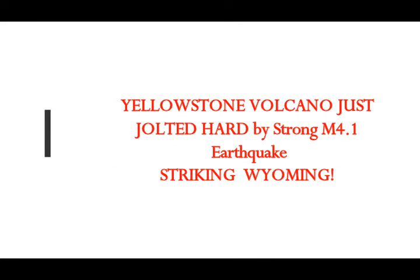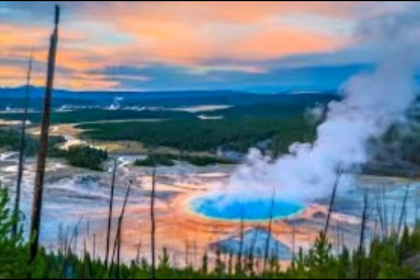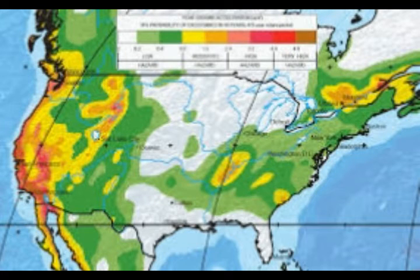Yellowstone supervolcano was just jolted hard within this past hour. I just checked the area after I posted the South San Andreas fault video, the video before this one. A strong magnitude 4.1 hit Wyoming in an area that's hardly at all populated and doesn't have much historic